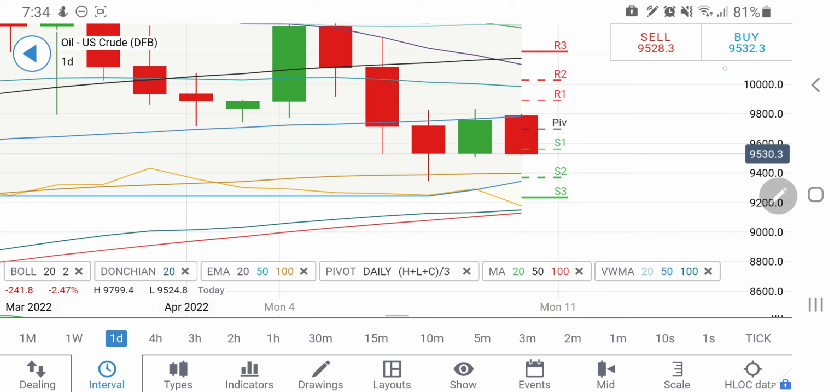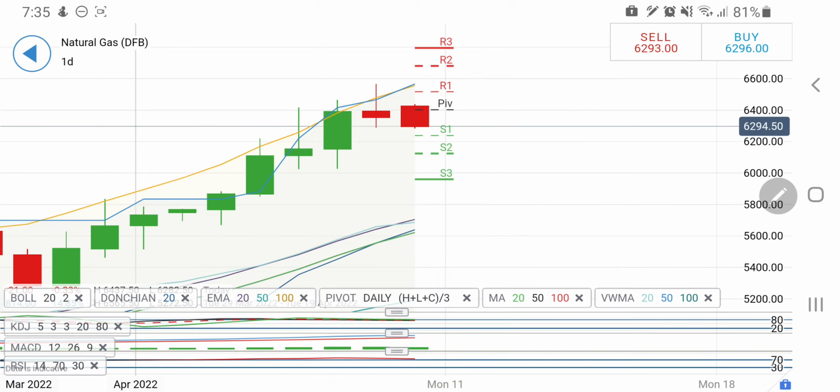Take your positions accordingly. Now let's have a look at natural gas. The NG, as I told, 6.5 levels are a strong resistance for NG. Only on breaking 6.5 can you expect a rise. Till the time it remains below 6.5 and breaks below 6.2, see, 6.2 is going to be a fairly strong support. Below 6.2,